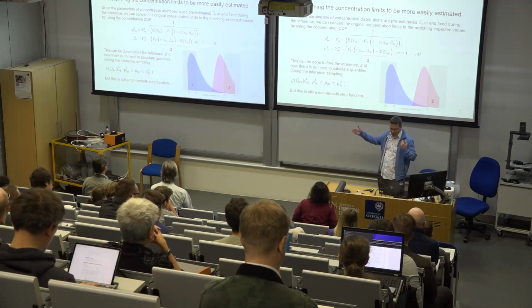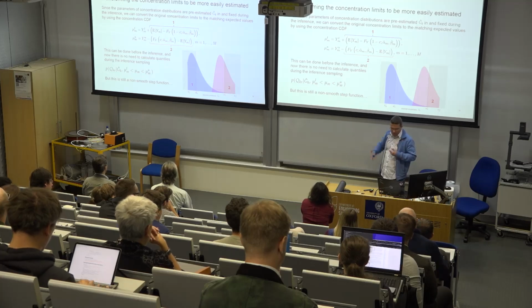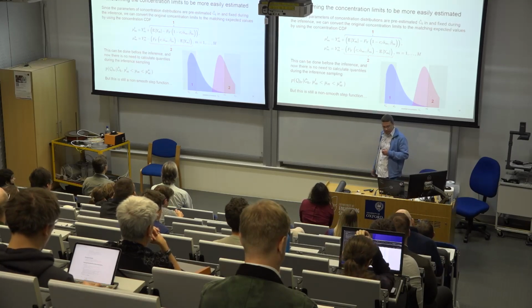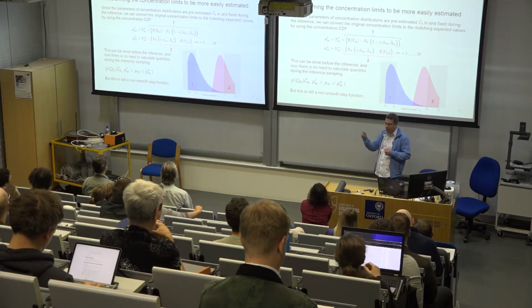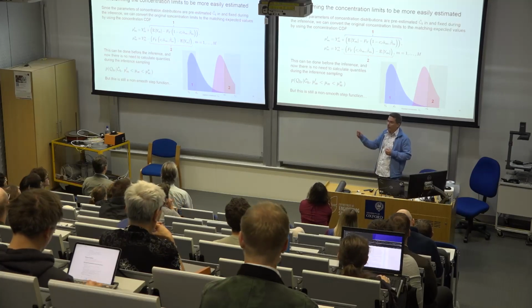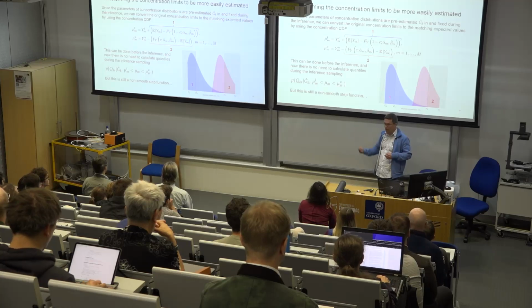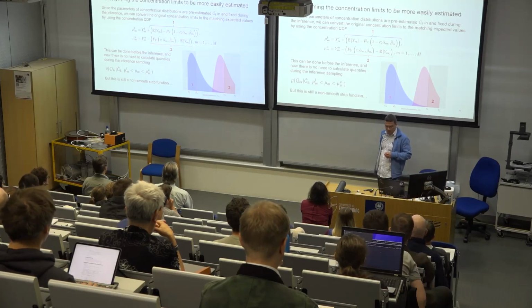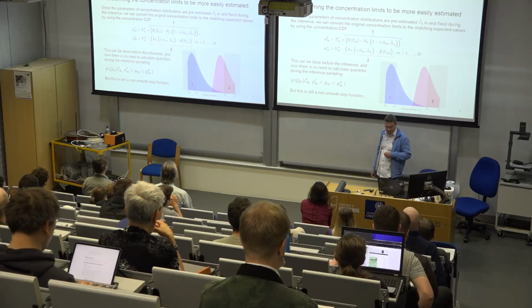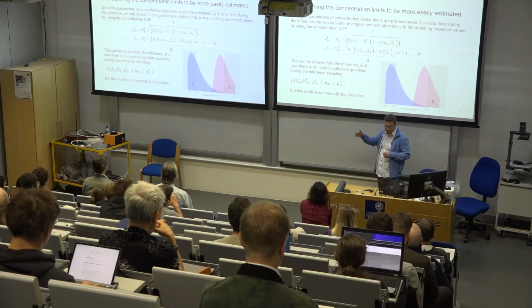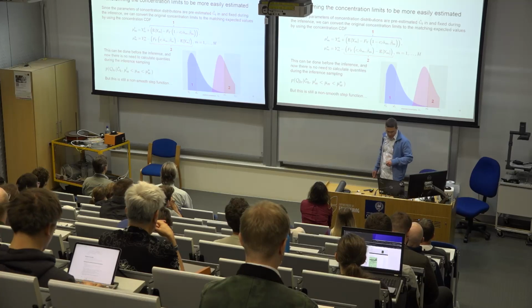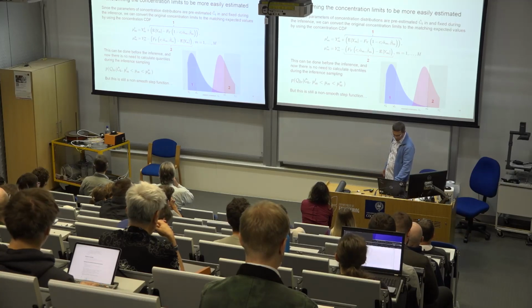So we can just adjust the limits and see what are the expected values of the concentrations that match those original limits, and then we can just make inference for those expected values. But this is still a non-smooth step function that is not going to work with Stan or with